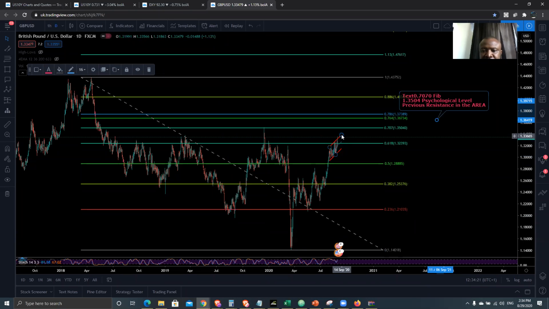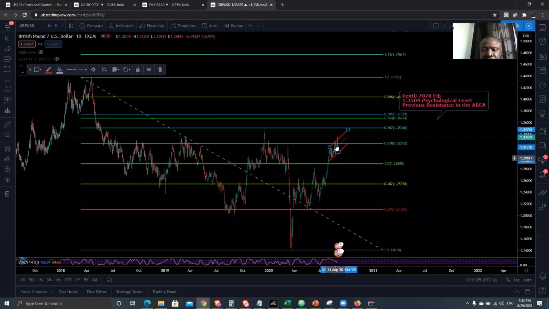This pattern that we're seeing over here is a bearish pattern formation. Price can literally push up higher and then, of course, sell off from this particular location. So for pound against the dollar,